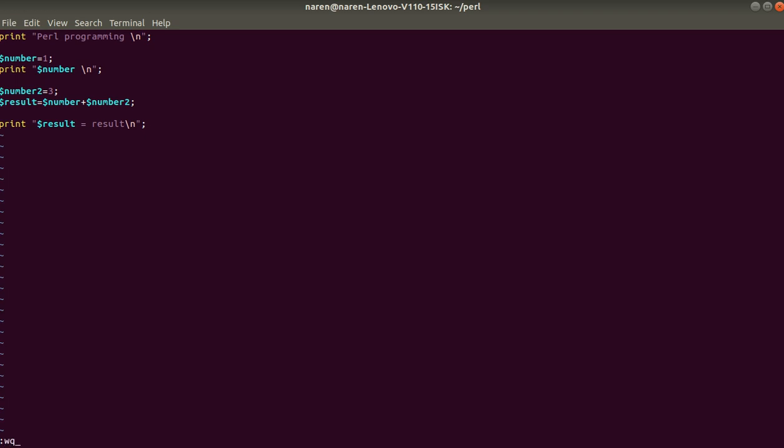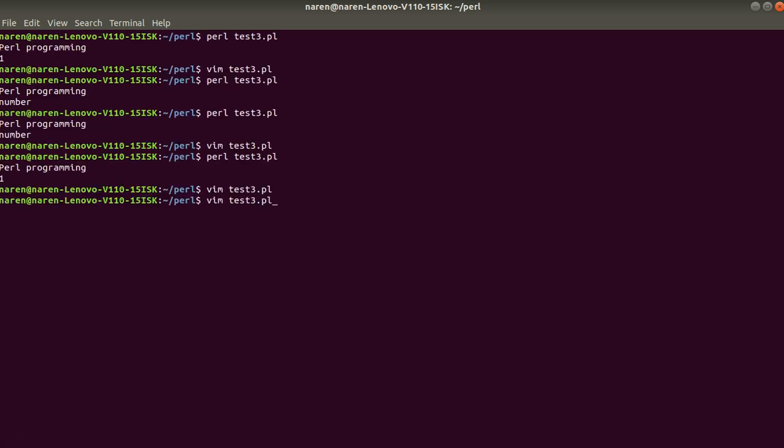So the values we are giving here are 1 and 3. We are adding two values: one variable is initialized with 1 and another variable is initialized with 3. So we expect the output to be 4. Let's check the output here.